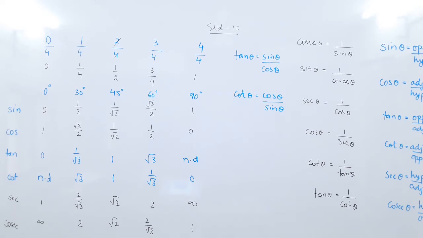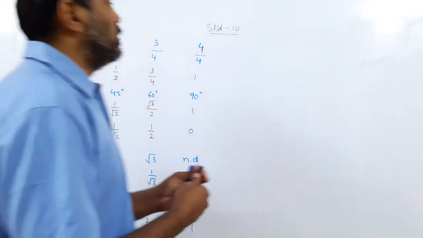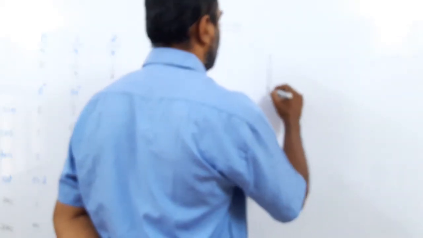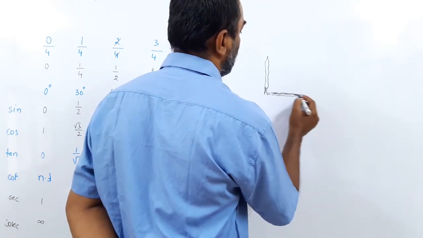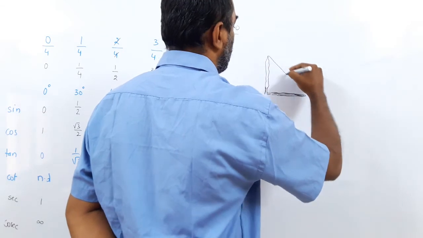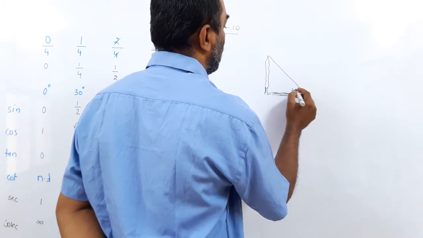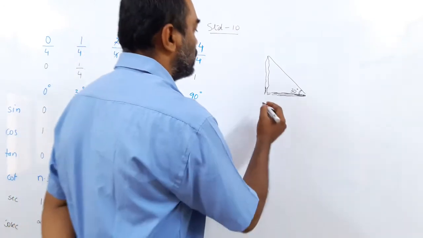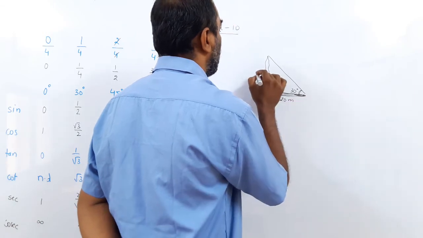Okay? So once you know the table now, we can do a few sums based on the table. Let me explain what I previously explained. Suppose we have a tree, and the shadow of the tree is falling on the ground. That is the shadow. If you stand at the end of the shadow and draw a line here to the top of the tree, you see that the angle is 30 degrees. If the shadow of the tree is say 20 meter, let us find out the height of the tree.